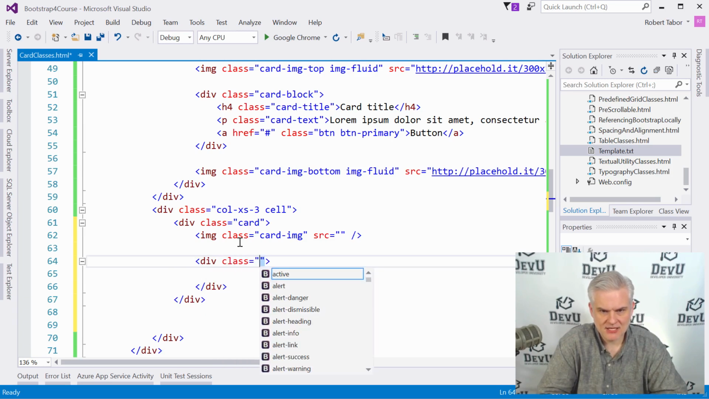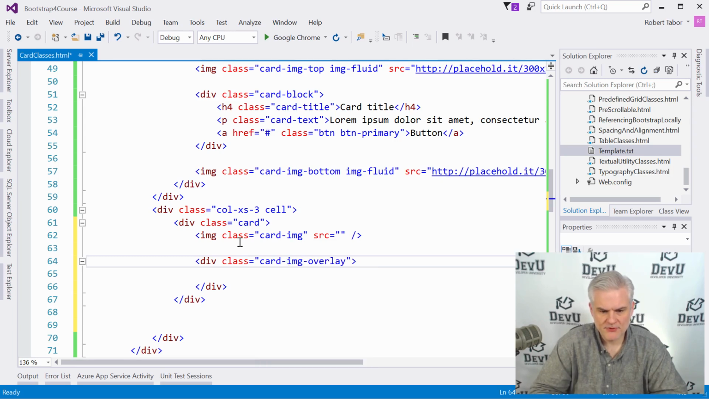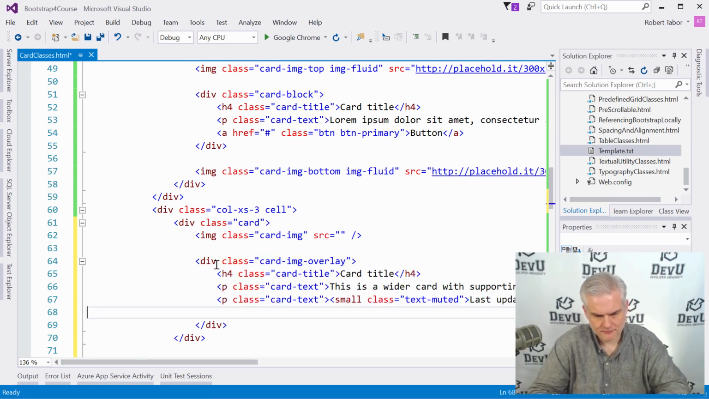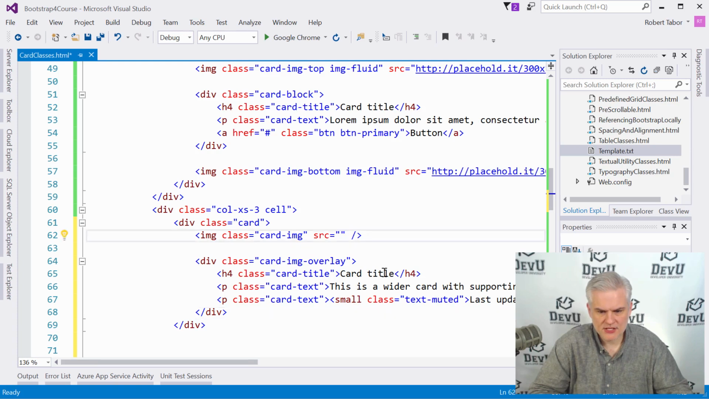So class equals, instead, I'm not going to call it card block. I'm actually going to call it card image overlay. So this is the content I want to be laid on top of the card image. And so here I can put pretty much anything. I'll just copy some text I've got here and pop it in here, like so. All right, now let's go ahead and choose to go